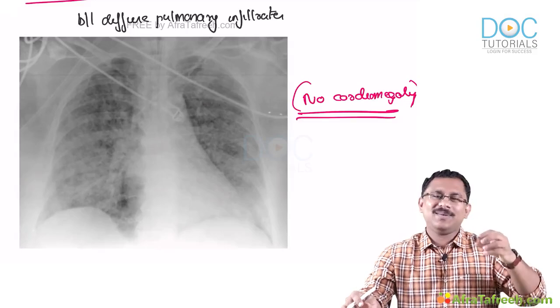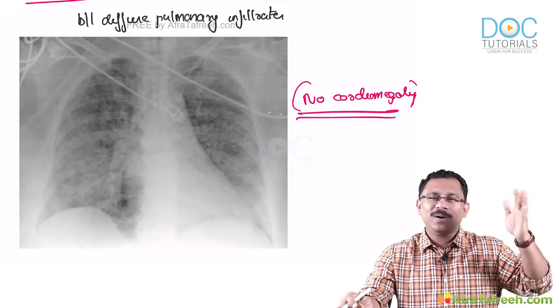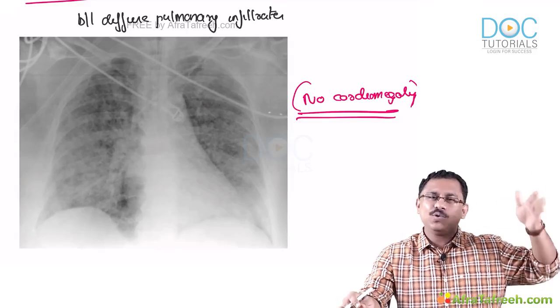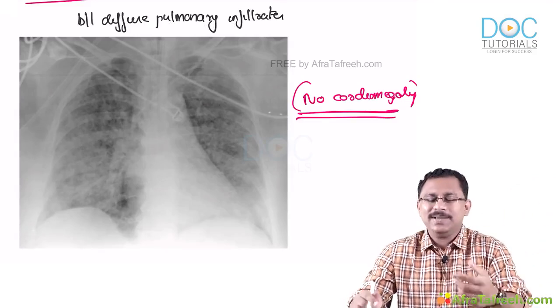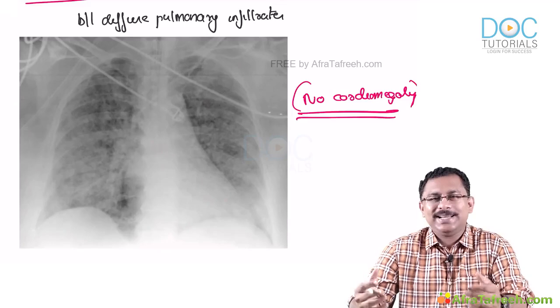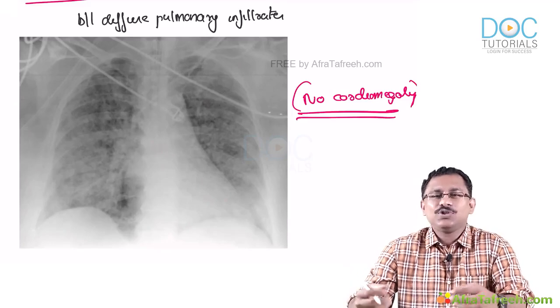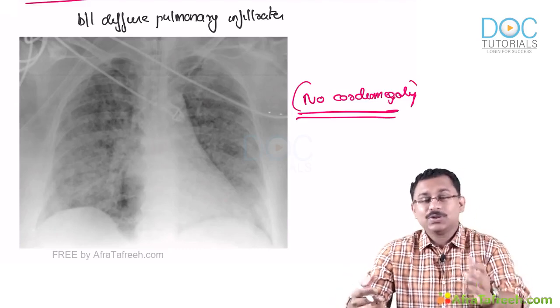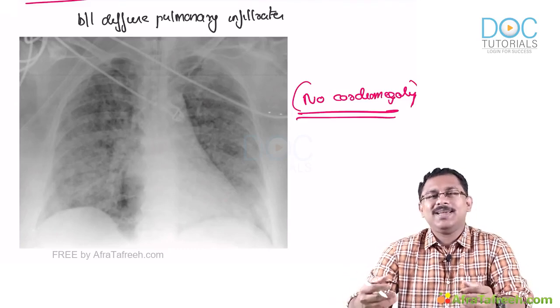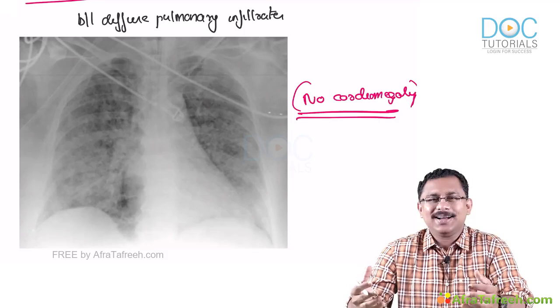Maybe somebody who has had a previous acute MI, maybe 2 years back he had an acute coronary event, and then after that there was some ischemic dilated cardiomyopathy developing in that patient. So now he can present with an acute pulmonary edema. So that is going to be a cardiogenic pulmonary edema, and you will have a dilated heart.